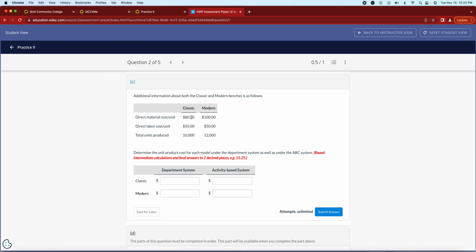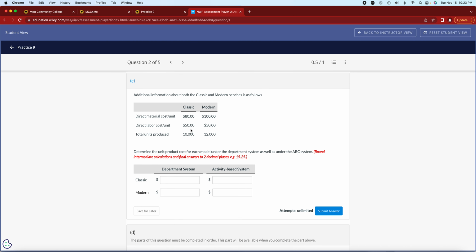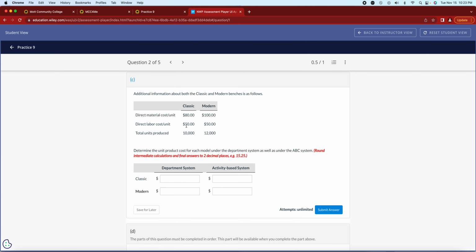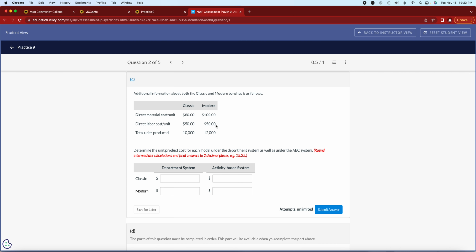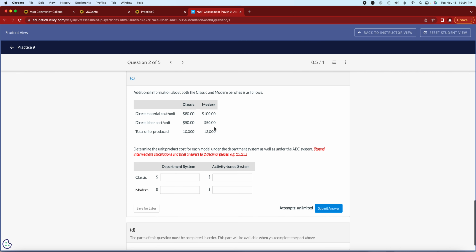So I'm going to be looking at $130,000 in prime cost, if you remember that term, prime cost equals direct materials plus direct labor. $130,000 in prime cost for the classic and $150 in prime cost for the modern. I just need to add the manufacturing overhead per unit component to those to get my total product cost. Remember, product cost is direct materials plus direct labor plus manufacturing overhead. So for the classic,